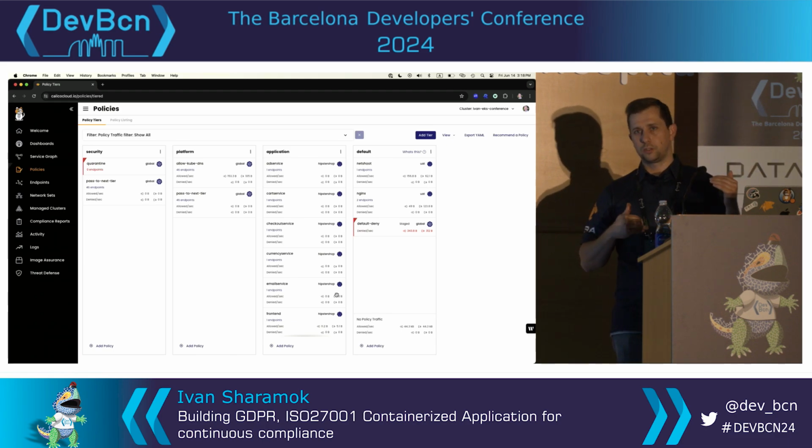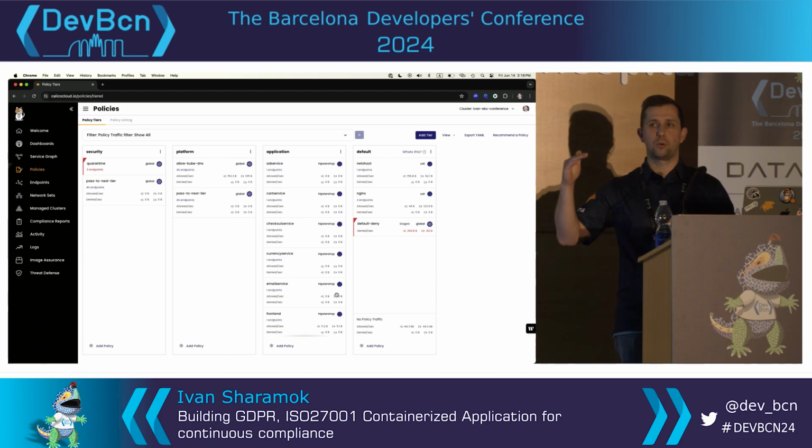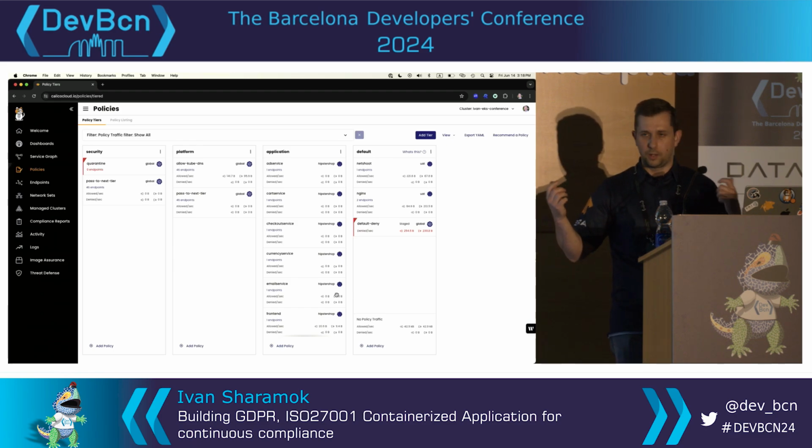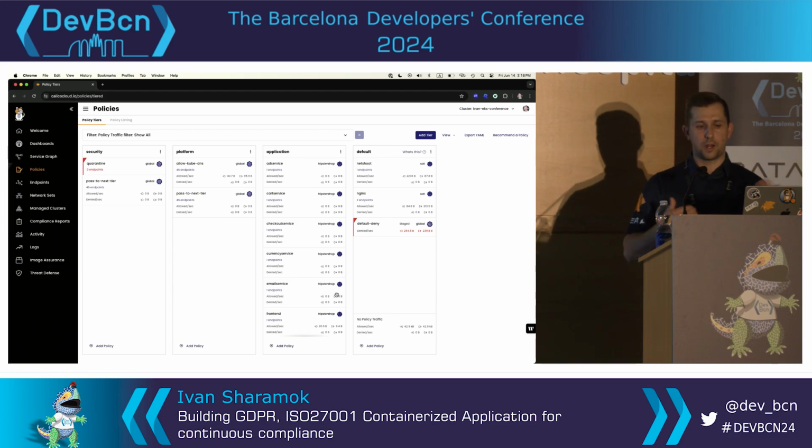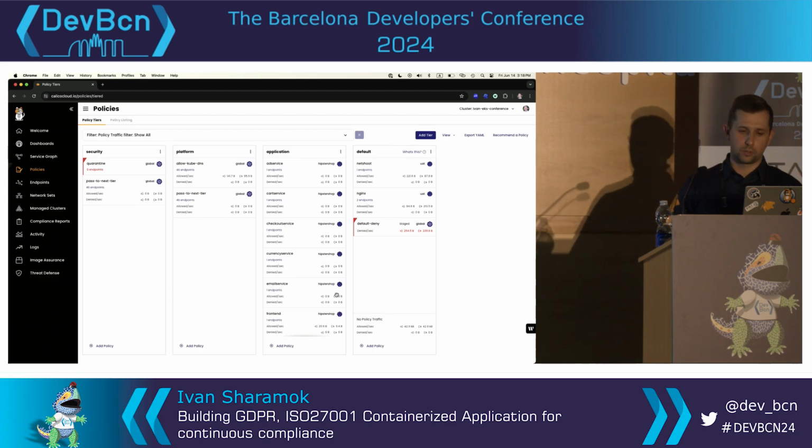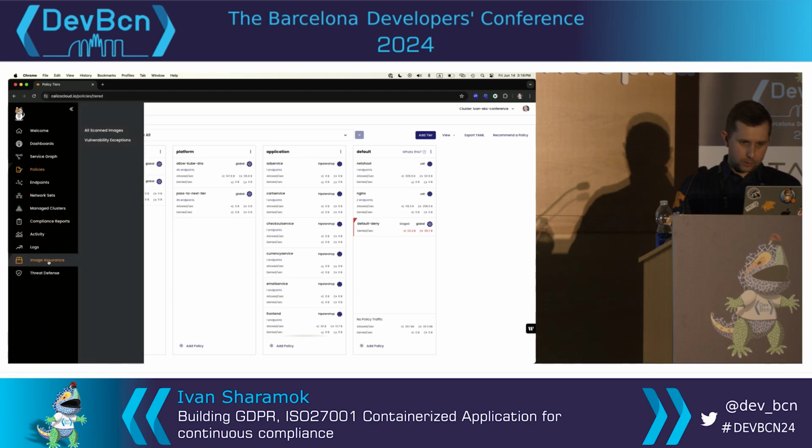That's your indication that your preceding policies do the right filtering for all your application services talking to each other, and nothing is hitting my staged default deny anymore. That's your indication that your filtering is done correctly. You can see this is coming down right now, and in a few moments it will drop off.